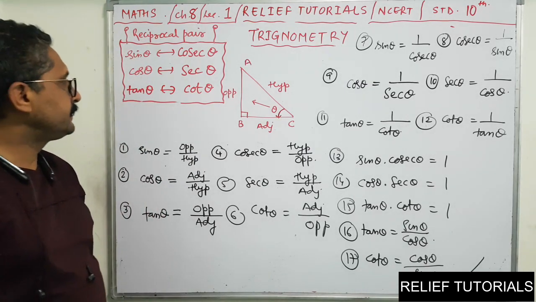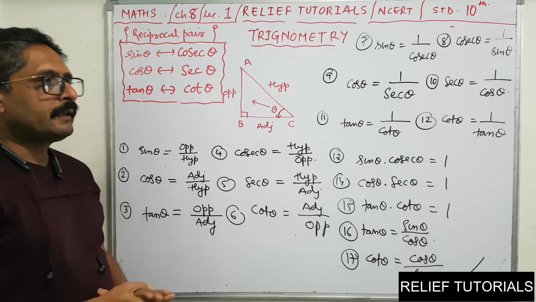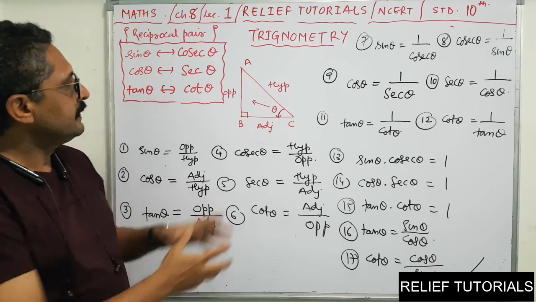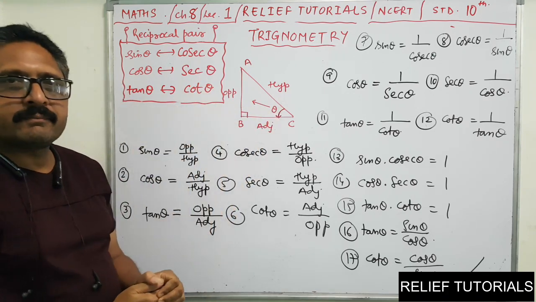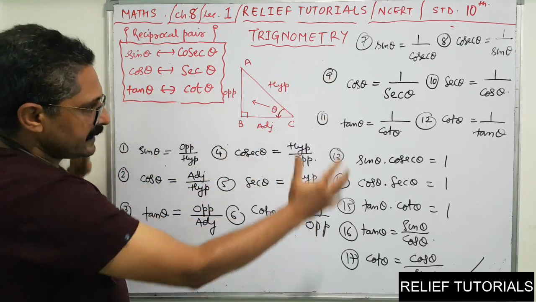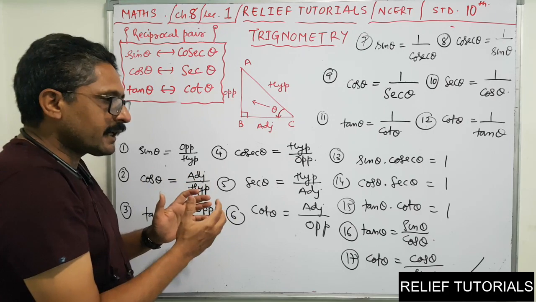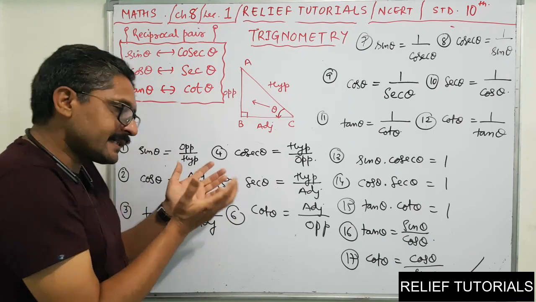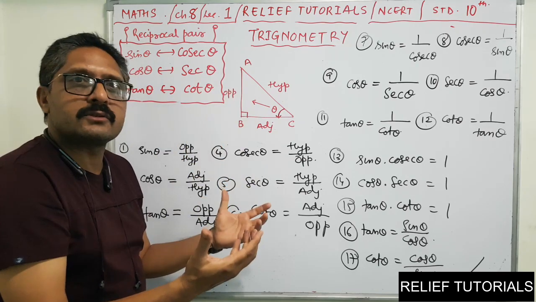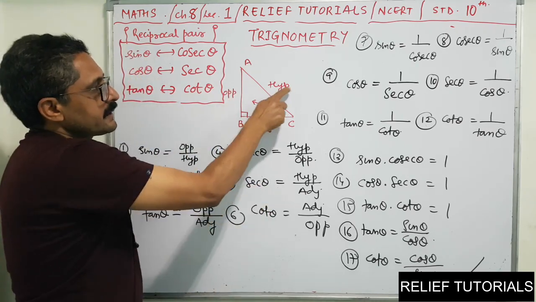See here, very simple. I told you trigonometry deals with the sides and angles of a triangle. So this is the right angle triangle. Okay, what you have to do is prepare the note. Whatever is here on the board, you have to write in your classwork, and after that, whatever I speak here, in the same manner, you have to speak it out. You can do it in front of a mirror also. See how? Theta, so this is opposite, this is adjacent, this is hypotenuse.